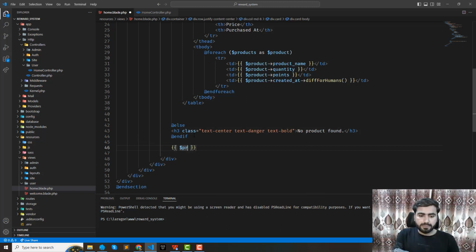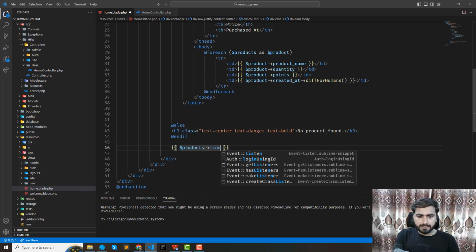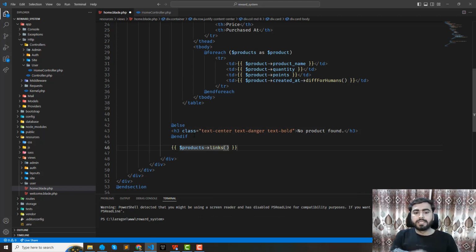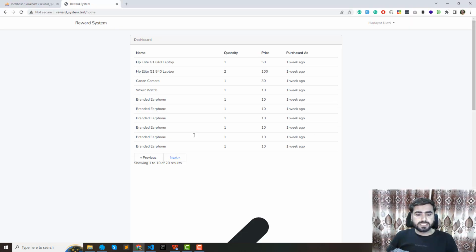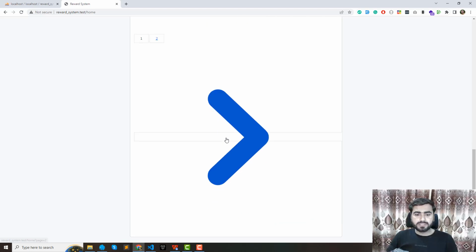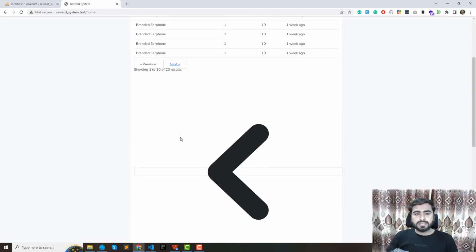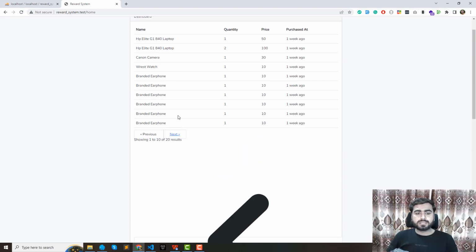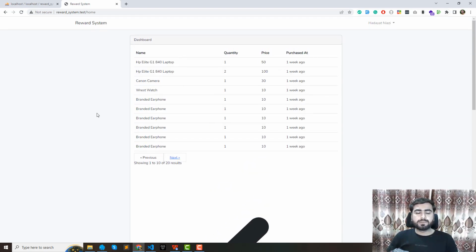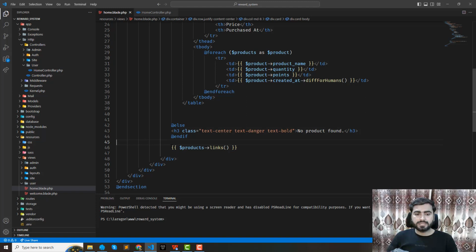If I go here and type products links, this will generate the links of this pagination, right? So refresh it, and yes, we have these buttons, and this one is behaving like this because it is not supported with this bootstrap version. I think this one is consuming Tailwind CSS, right? So if you want to use a specific bootstrap version